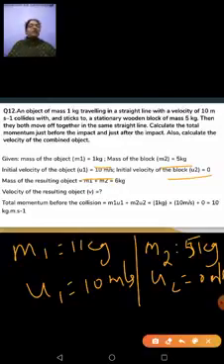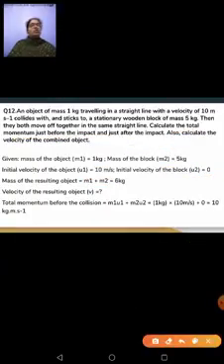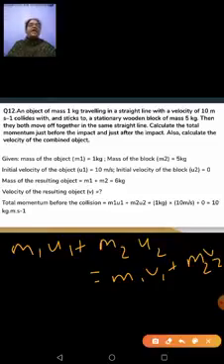What are the things they want you to calculate? They want you to calculate the total momentum just before the impact and just after the impact. That is, total momentum before collision and total momentum after collision. Whenever they want you to calculate the total momentum before and after collision, you have to go for the law of conservation of momentum. What is that law? m1 u1 plus m2 u2 is equal to m1 v1 plus m2 v2. In this case, I will use v1 equal to v2 equal to v.